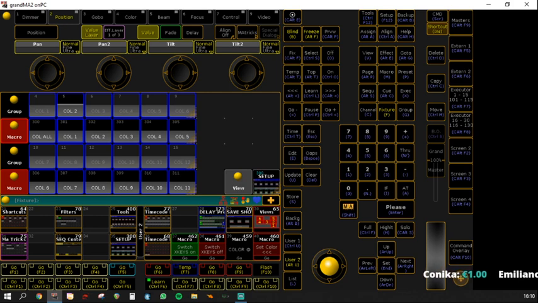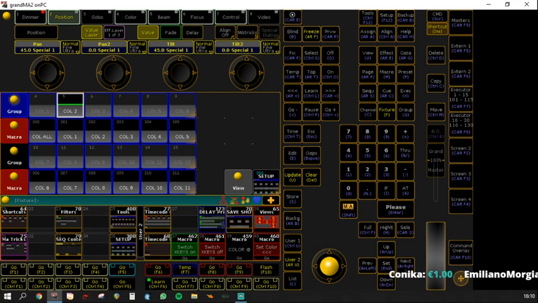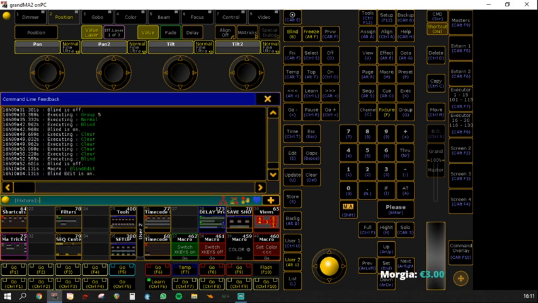So basically, let's go back. If I program something in here, so I select my lights, put them on full, and now if I go into blind mode, you won't see that anymore, so it cuts the output. So if I clear out in blind, it also clears out in my normal programmer. So blind is just cutting your output, I think. Yeah, it is. And then you can hold down blind, which gives you, if I put up the command line,